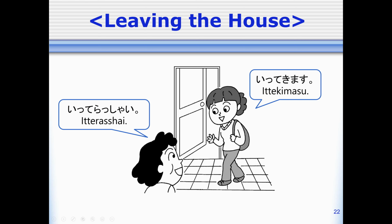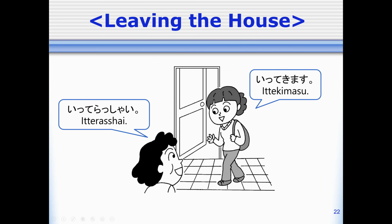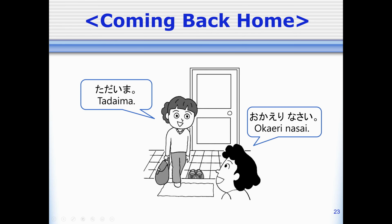The idea is sort of like I'm leaving and come home safe. So, 行ってきます。行ってらっしゃい. When we come back, we say ただいま。I'm home. And the other person in the house will respond with おかえりなさい。